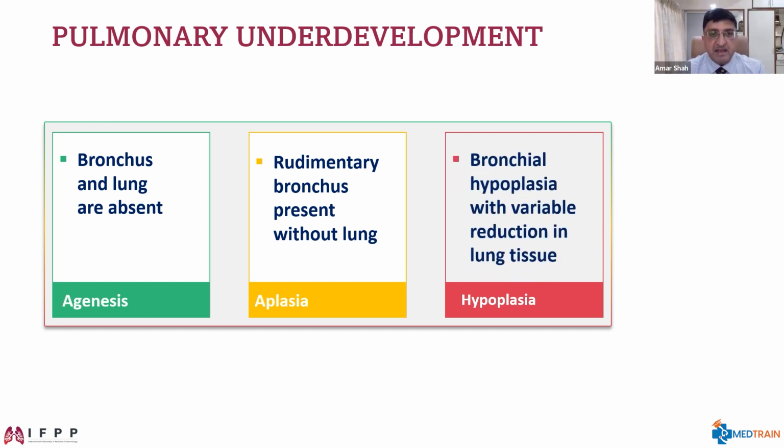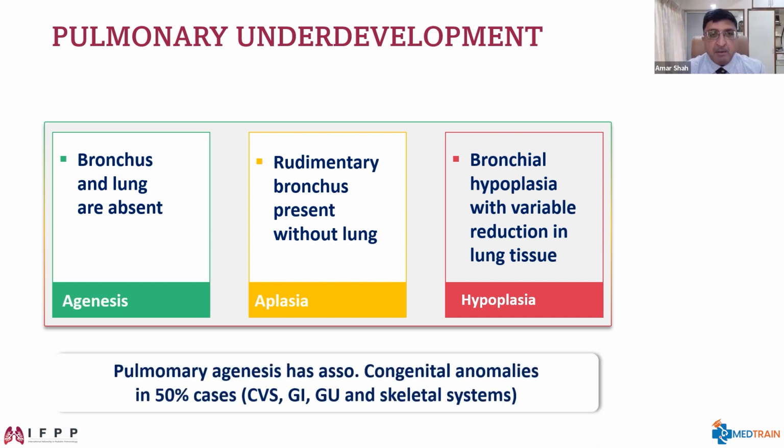And hypoplasia is where there is bronchial hypoplasia and variable reduction in the lung tissue. Pulmonary agenesis is commonly seen with other associated congenital anomalies in almost 50% of cases, which include cardiovascular, gastrointestinal, urinary,